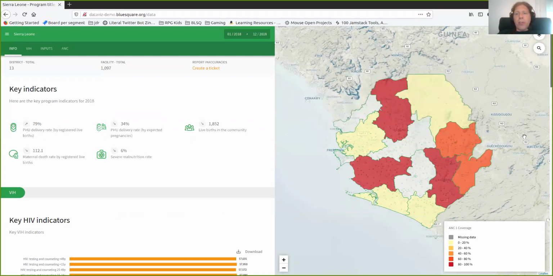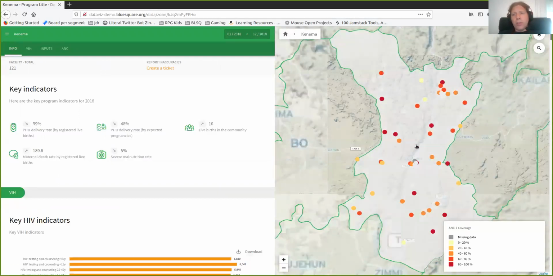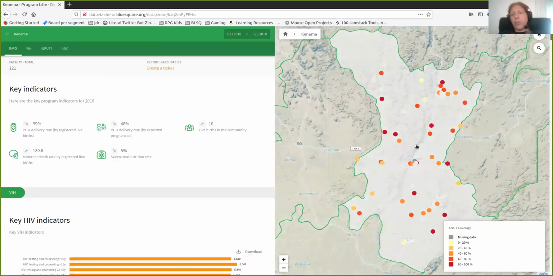What the map allows is, first of all, to show one specific piece of information. In this case, we picked the ANC1 coverage as the information we wanted to highlight on the map using what's called a choropleth, which is assigning a specific color to a range for all the various regions. Not only do we have this information there, but when I hover over any zone, I can have a look at the detailed information for that zone. And if I want to know more, I can click, and this is going to drill down into, first of all, the region, and then possibly even an individual facility